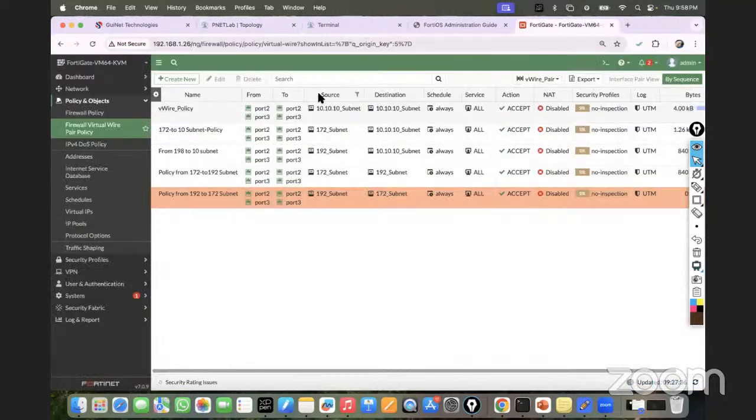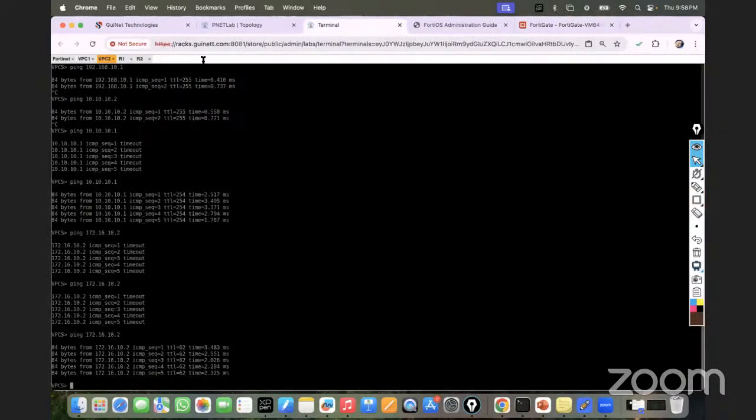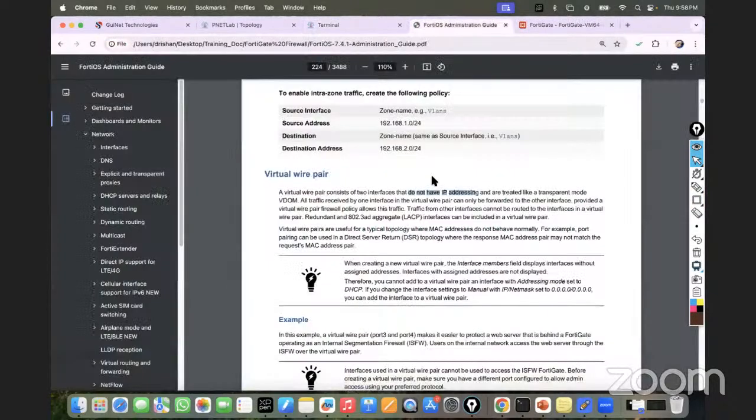In the next session, we will discuss another type of interface that is